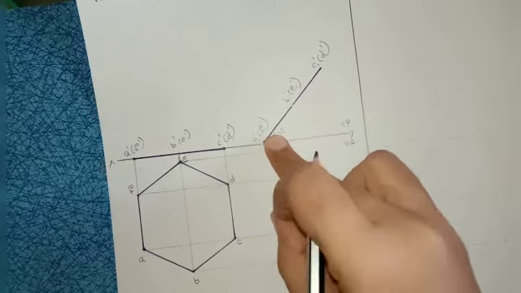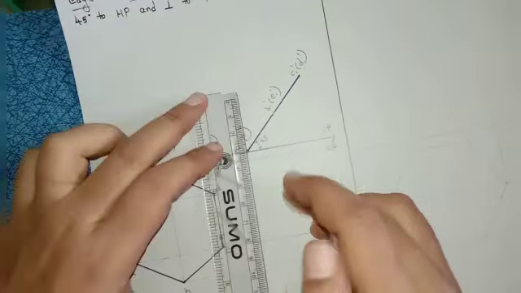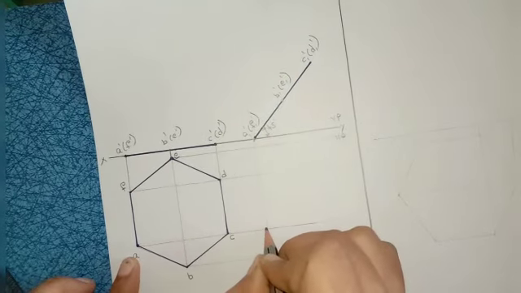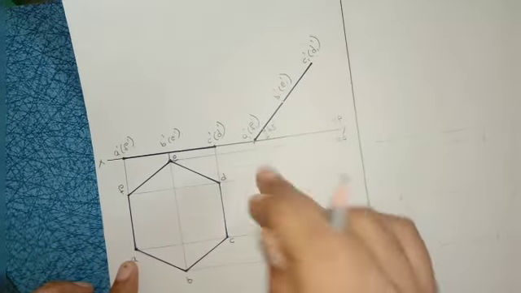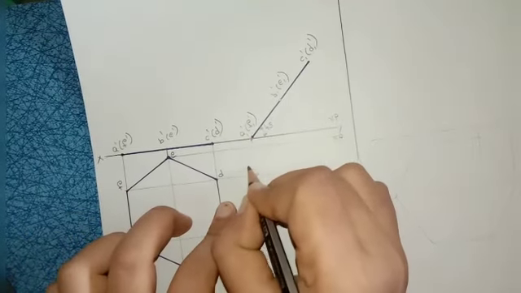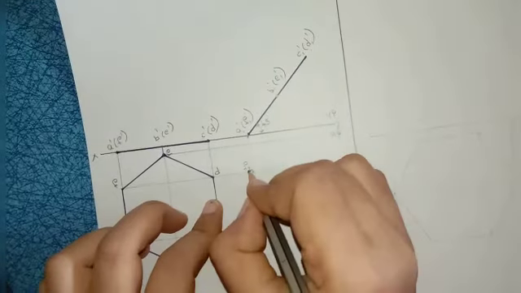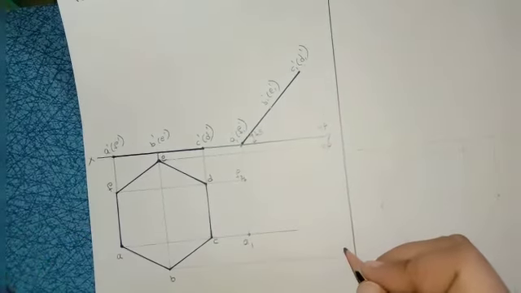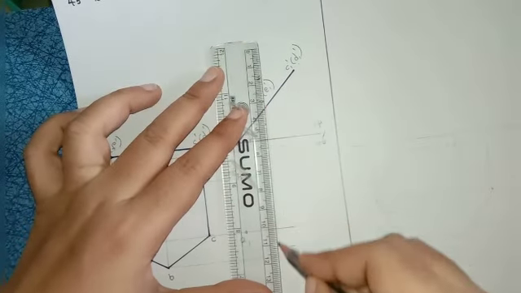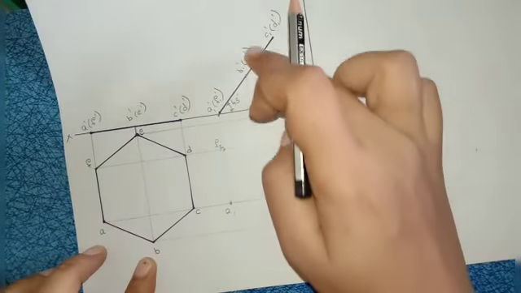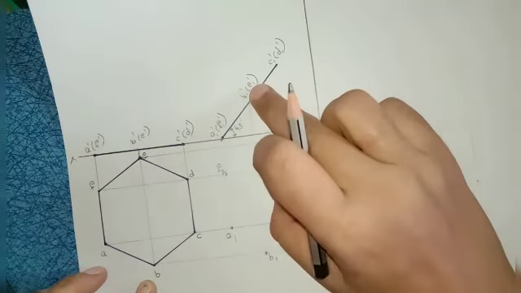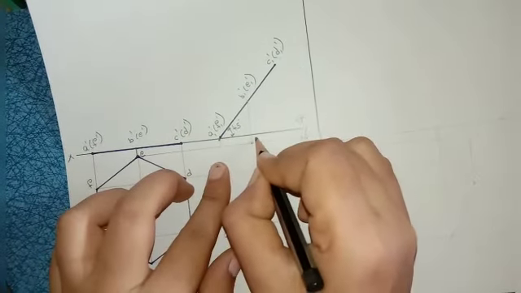Now what you have to do, see what is the first point here, A point. Next point is F point. So first I am taking A point. From A, draw a straight line till where? Till A point. Name this point as A1. Next F point is F1. Intersection point, name it as F1. Again next point is B and E. From E, B, draw a straight line till where? Till B point. This B and this B, intersection point is B1. Next E and E, intersection point is E1.